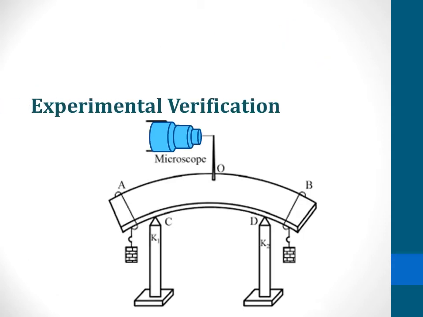To experimentally verify the Young's modulus for the material of a beam by uniform bending, we have a beam of length L, and it is supported on either side by two knife edges, and equal loads are placed on either side. A pin is fixed at the center of a beam, and in front of this setup, a travelling microscope is placed.